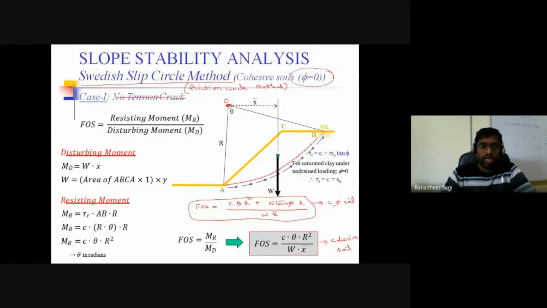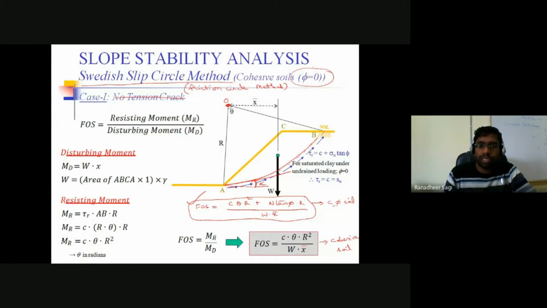So if you can quickly understand this particular expression, that is the factor of safety what we have indicated. Considering the soil to be both C and phi soil, let's represent some terms here. Let's say this particular slope is at an inclination alpha. The failure surface is developed if I simply draw a tangent like this, so this angle I am considering is alpha.